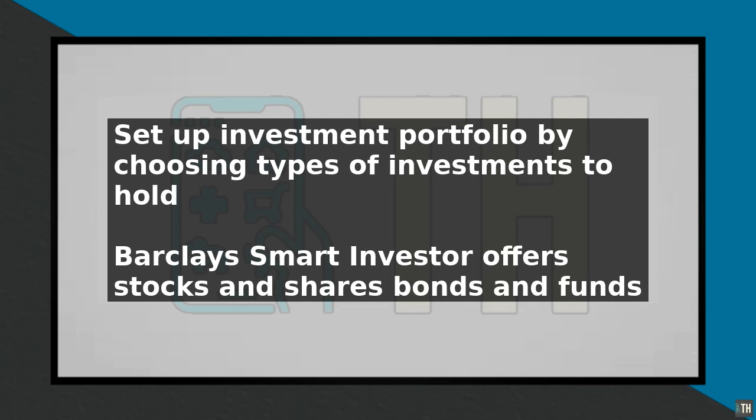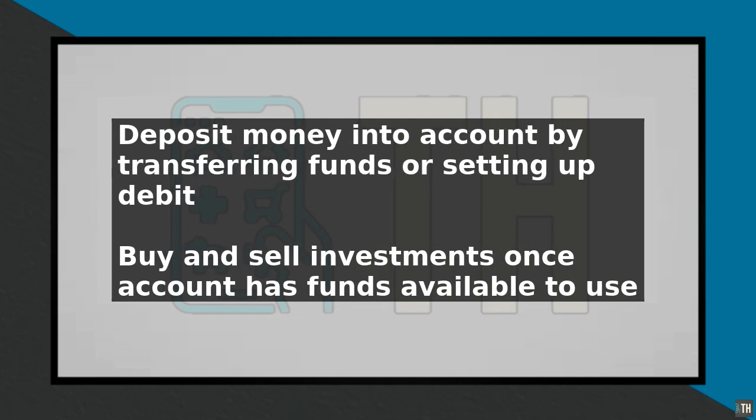One of the key features of Barclays Smart Investor is the ability to set up a regular investment plan. This allows you to invest a fixed amount of money at regular intervals, which can help you to spread the risk of investing in the stock market. To use the regular investment plan feature, you will need to choose the investment you want to buy and the amount you want to invest. You can then set up a direct debit to transfer the funds from your bank account to your Barclays Smart